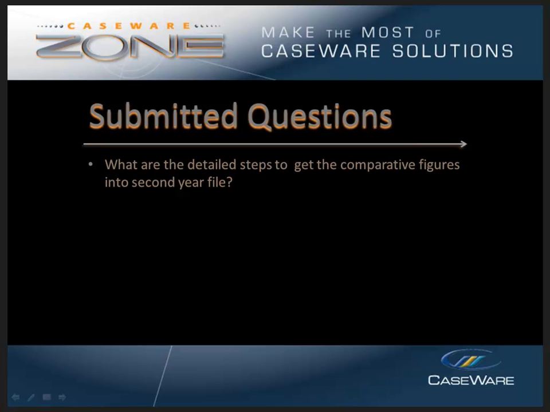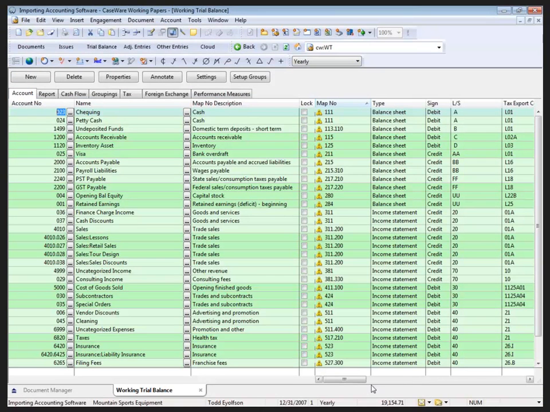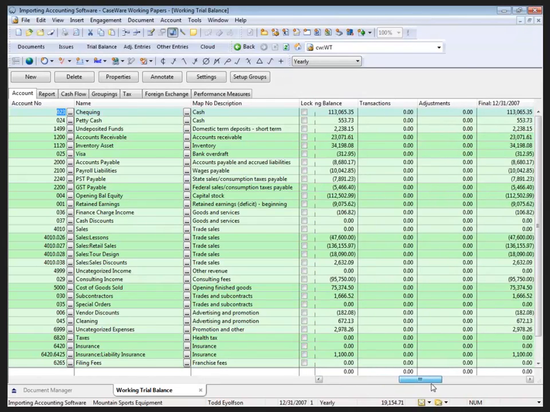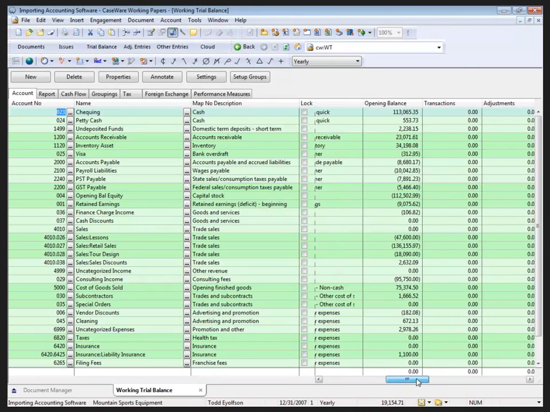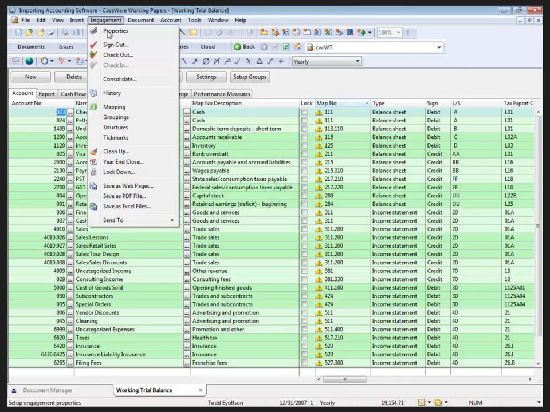So if I go back to one of the other files that we were just dealing with, and I'm going to go to the import accounting software, which was the QuickBooks file that I brought in a little bit earlier. So right now I've got trial balance information for the current year, and I did bring in the prior year information here as well. To get the current year numbers into the prior year columns, we would do a year-end close roll forward,